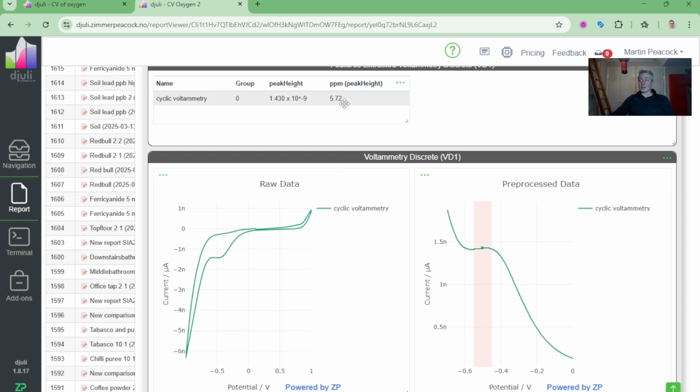This means that we could then send this back to the app. And so rather than the person having a cyclic voltammogram experience, they could have an oxygen signal experience. If you've got any questions regarding the sensor or technology stack from ZP, or the Djuli in particular,